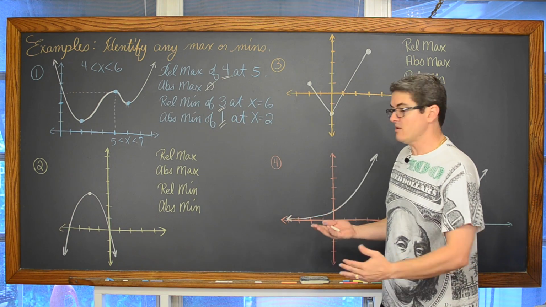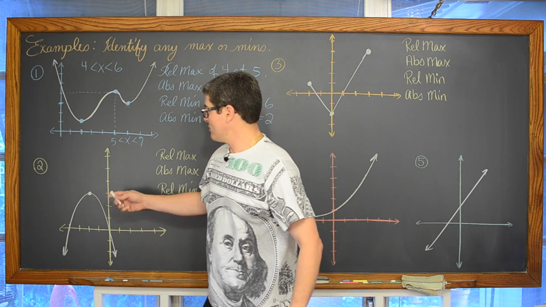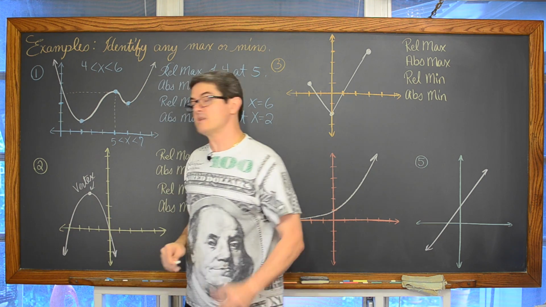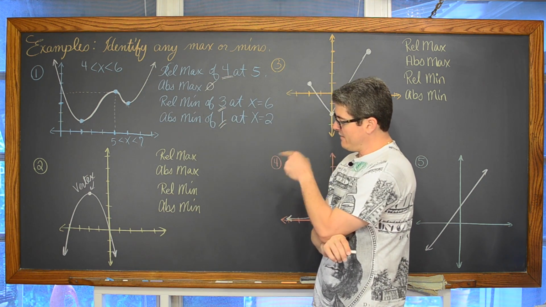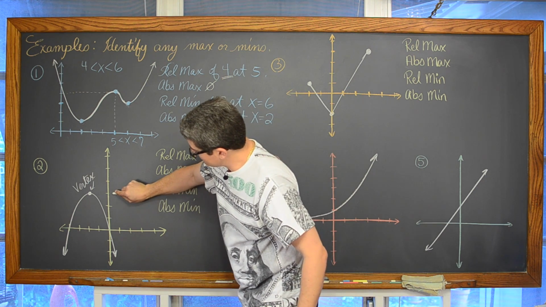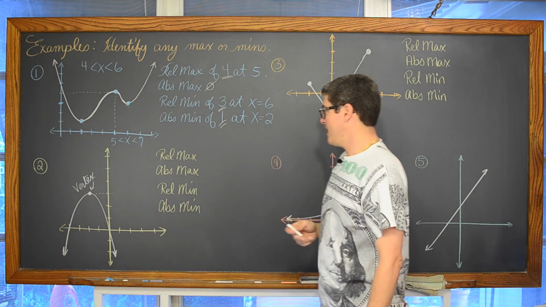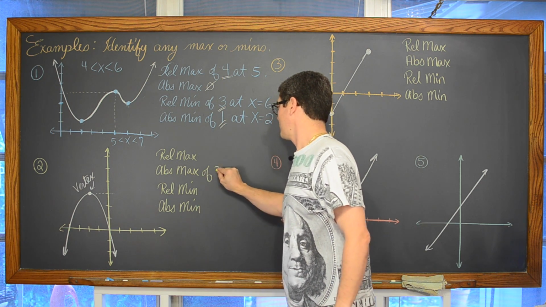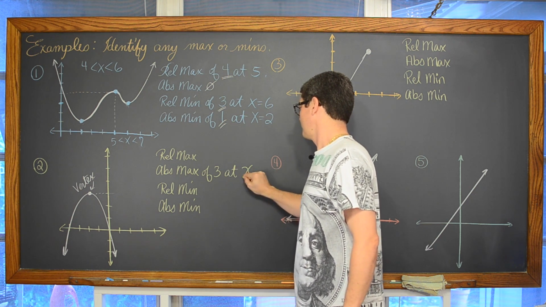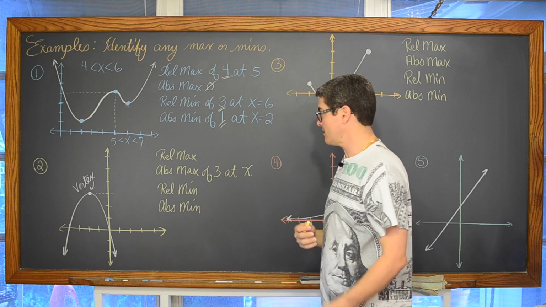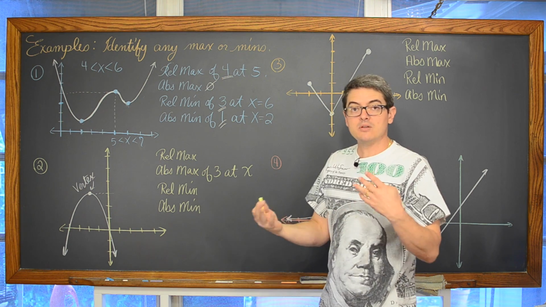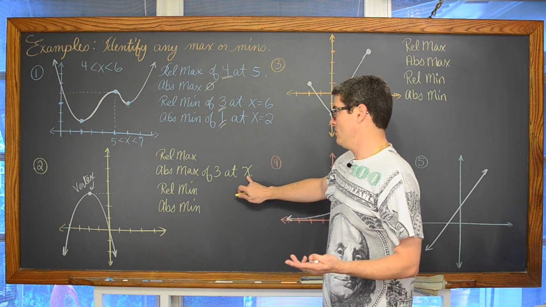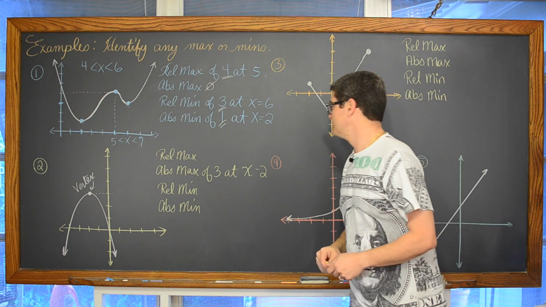Well, I can clearly see that there's a top to that parabola. Later, if you haven't studied parabolas, we'll know this as being the vertex. And the y value of that vertex appears to be 3. So we have an absolute max, where's my yellow chalk, of 3 at, and I'm writing the x to be redundant if you really understand the language of identifying absolute max and mins, but maybe we don't because we're just learning it. So we have an absolute maximum y value of 3 at the x value of negative 2.